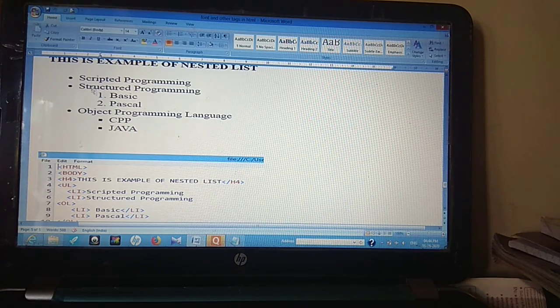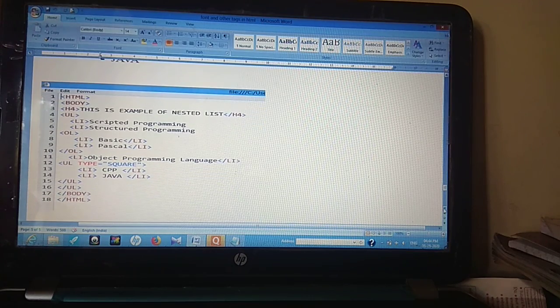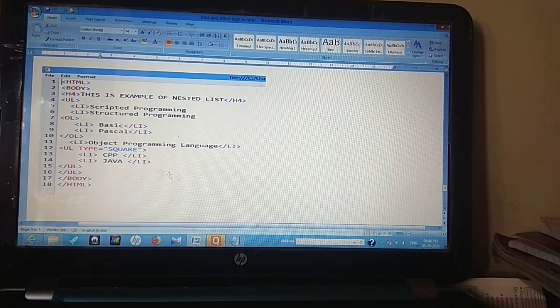Similarly, for scripted programming and structured programming, I have not used the type attribute, so filled circles are the default values over here. After defining the ordered list, basic and Pascal, I have closed the OL tag, but my list is not completed. I have not completed the first list, the structured programming and scripted programming list.